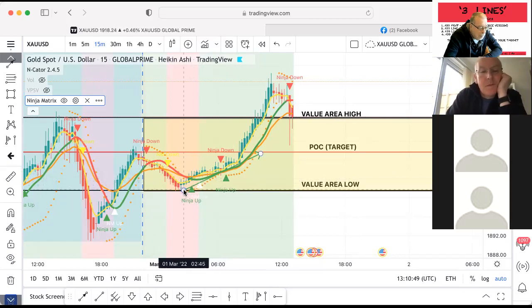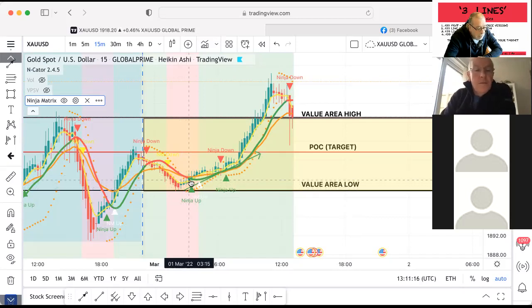So I would have held back. I would have noticed that the candle changed from red to green, but I would have also noticed that the 13 MA was still red and that the 5 MA was still below the red 13 MA. So those conditions are not right for me to get in. I'm missing out on an opportunity for some potential pips in this particular case, but it's a much safer trade